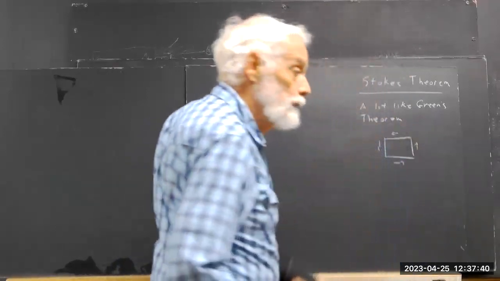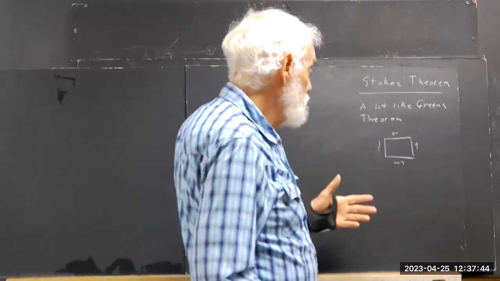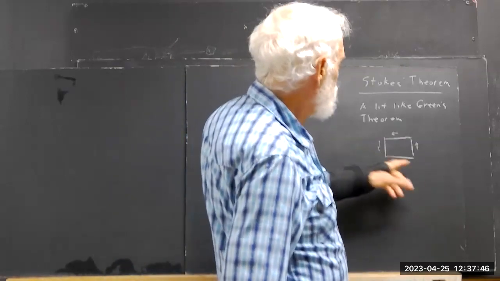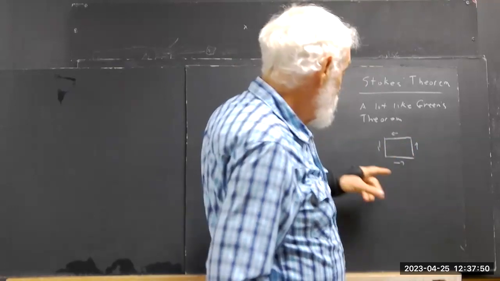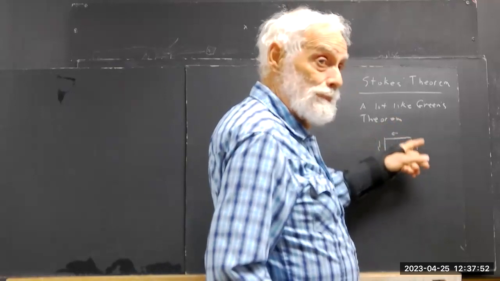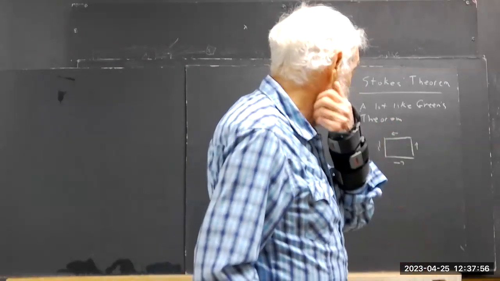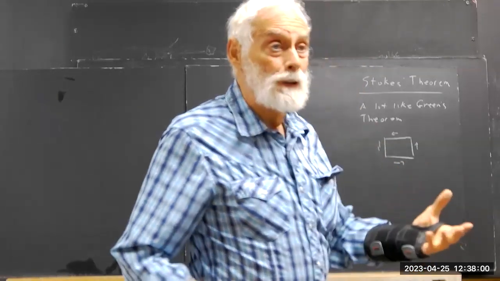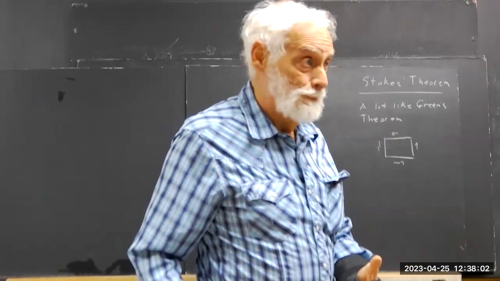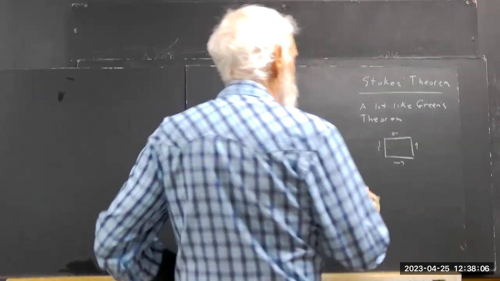This is a circulation. If your vector field has components that match up with these directions in the right way, then you have circulation around the boundary. Now, as you know, circulation is related to curl. Curl is a measure of circulation. Okay. So we can say that the